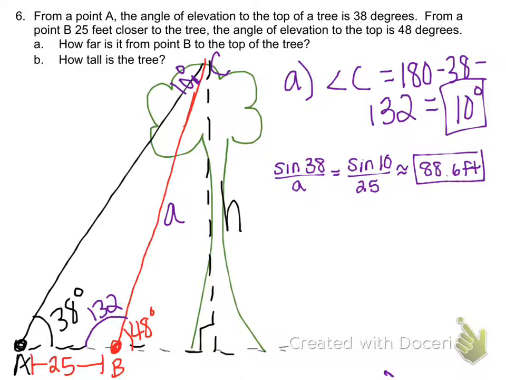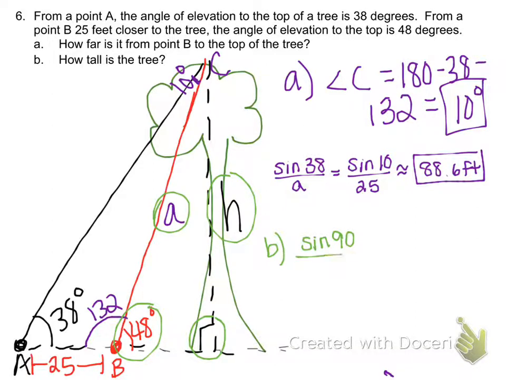Next, it's asking, how tall is the tree? Okay, well, now that I have side A, we just solved for that, and I have the opposite angle, and I have H, which I'm looking for, and the opposite angle. So I can just jump right into the law of sines. And yes, you can do the law of sines with 90 degrees. So I have sine of 90 over 88.6, which is equal to the sine of 48 over H, and H is about